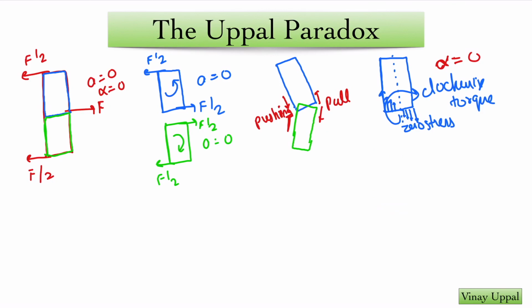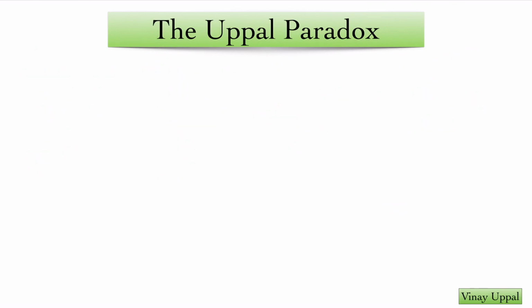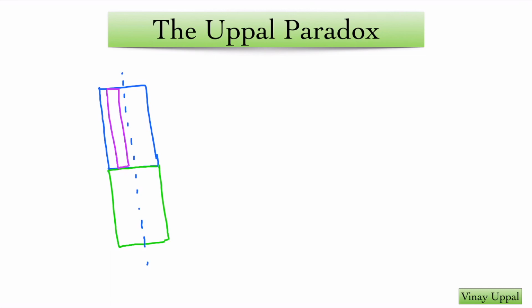So I hope you guys have understood the solution. However, I'm still going to leave you with one last question on this paradox. Let me draw a magnified picture of the blue section. I still have my green section below. Now, if I consider the FBD of this purple section here, which is to the left of the neutral axis,